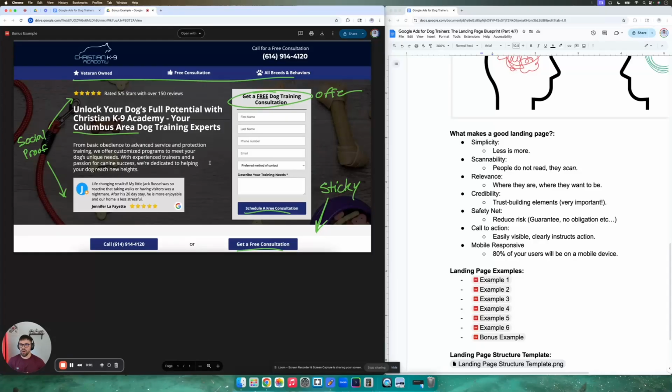All right, so here we are with the bonus example. We've gone through 6 landing pages so far, and now we have this bonus example. This isn't a full landing page. This is just the above the fold section, and it's probably my favorite one so far. To me, this above the fold section hits all the markers that I like to see. They have the reviews, they have specificity, they have an offer, they have a clear CTA, and so let's get